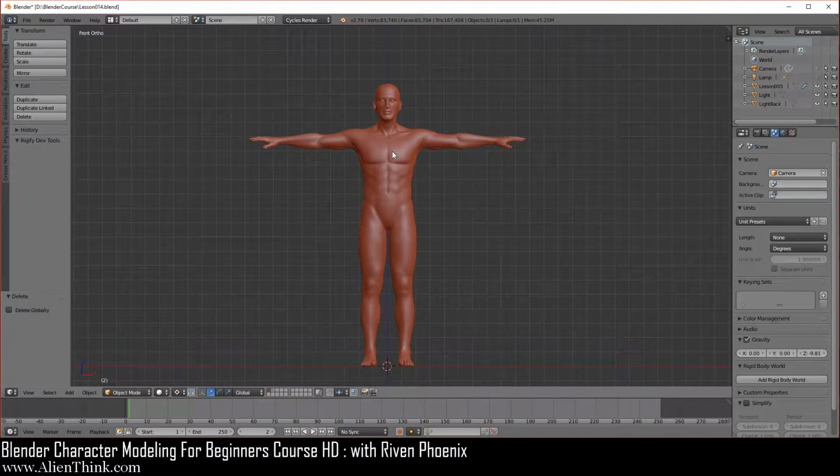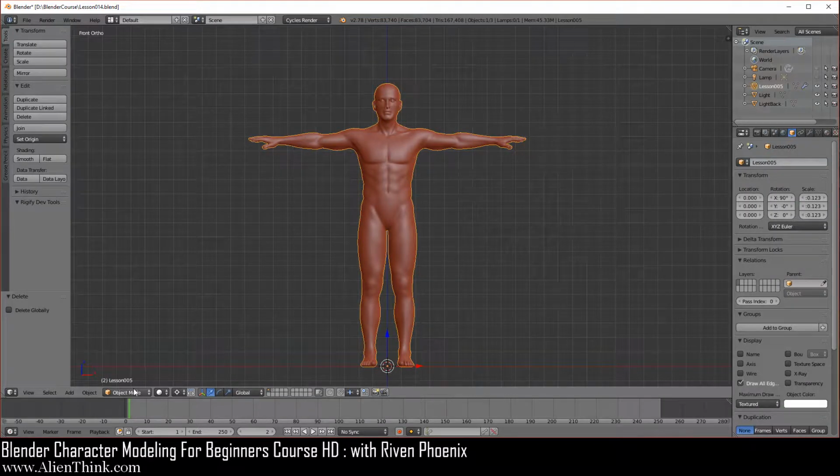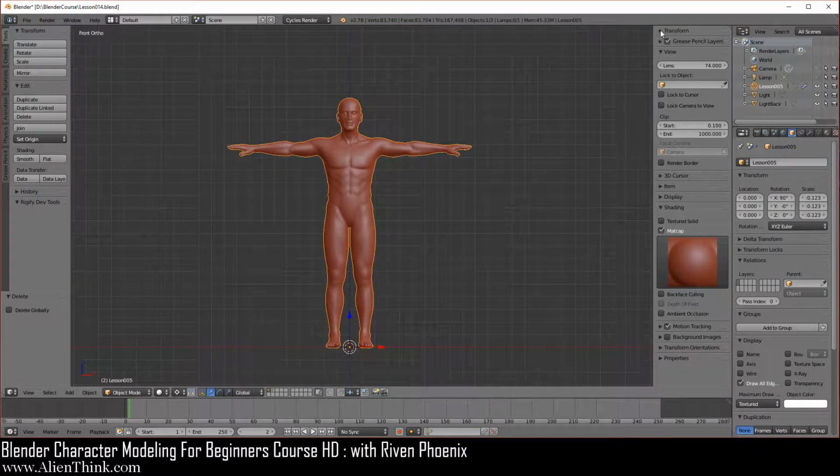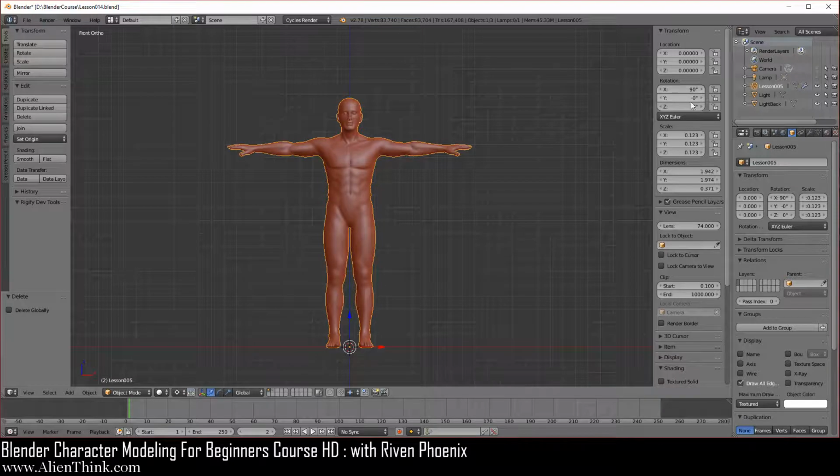Now what's really important to do is once you scale it in object mode over here, if you click on the transforms, you'll notice that over here this is showing that the object was originally rotated 90 degrees, and you've also scaled it. So we just have to make sure that everything over here is zeroed out, and this is 1.